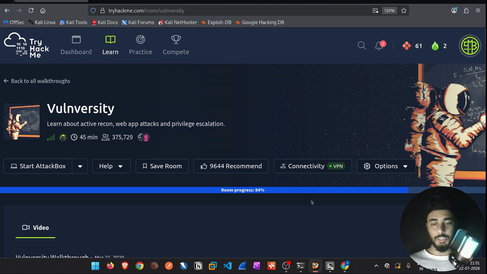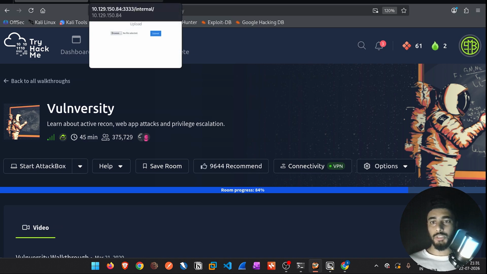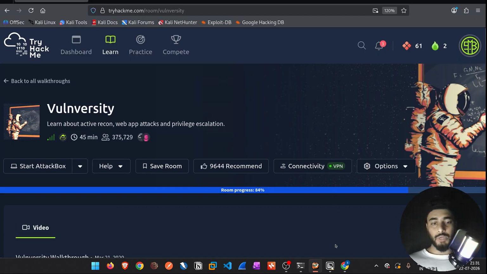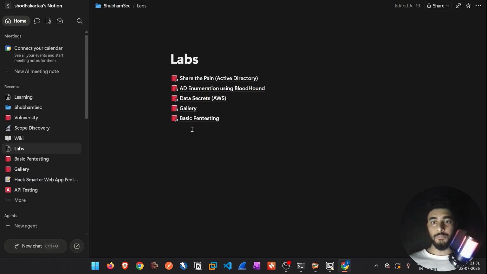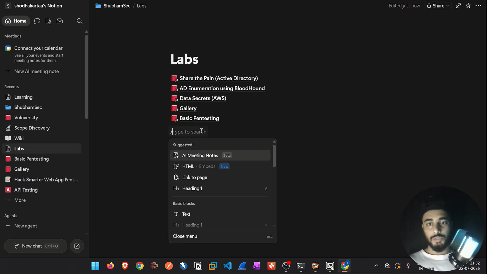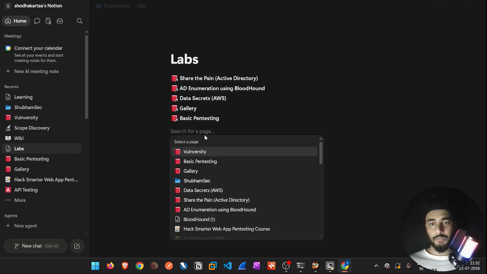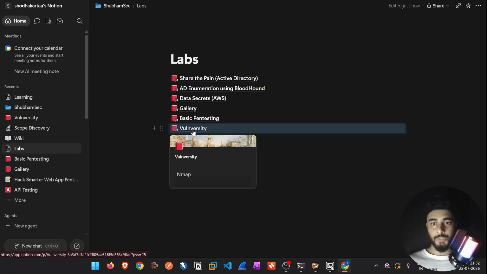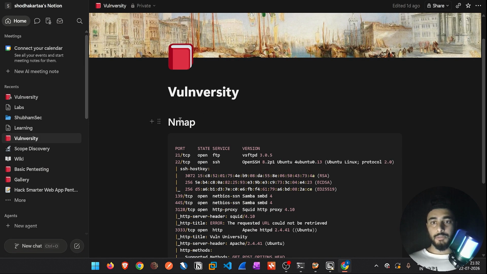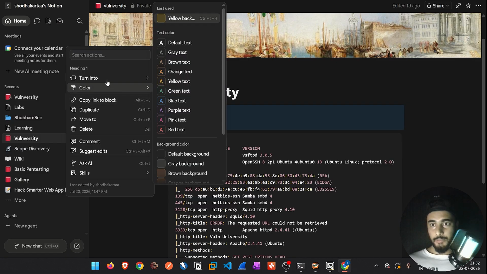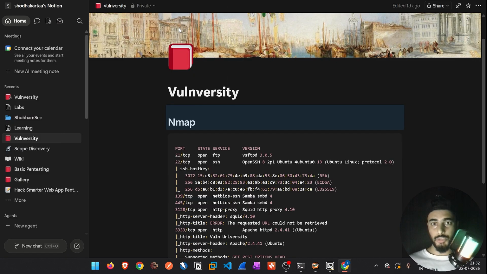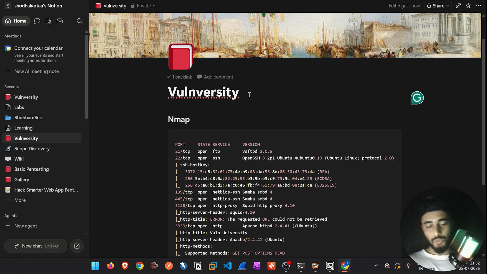So let's see. What I usually do is first take notes on Notion. This is an excellent and incredible tool that I usually use to take notes. So let me add the link to the page where we are going to take our notes. This is the name of the room, that is Vulnversity. And I did something wrong here, not H1, this should be H2, and this will go under